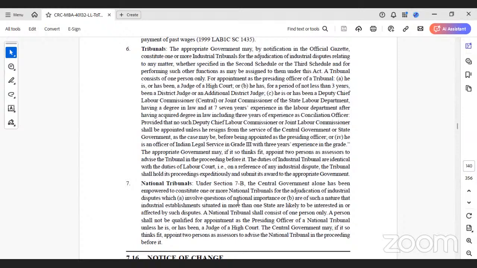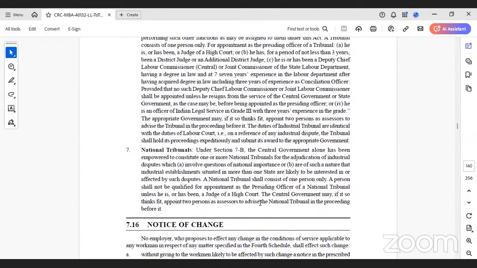And with reference to any industrial dispute, the tribunal shall hold its proceedings and submit an award to the appropriate government. And we also have national tribunals. The central government alone has been empowered to constitute one or more national tribunals for the adjudication of industrial disputes. And they involve questions of national importance